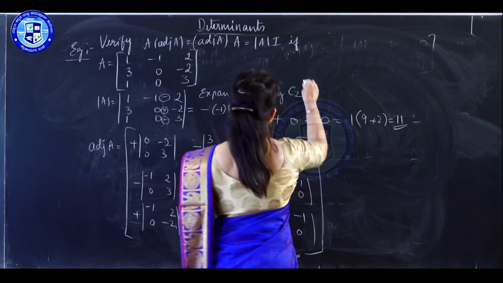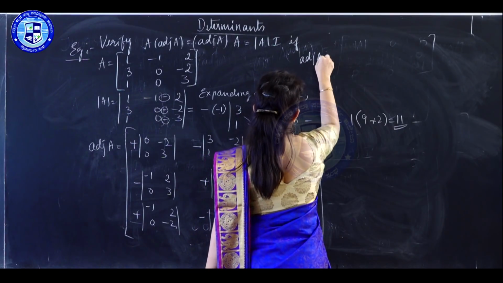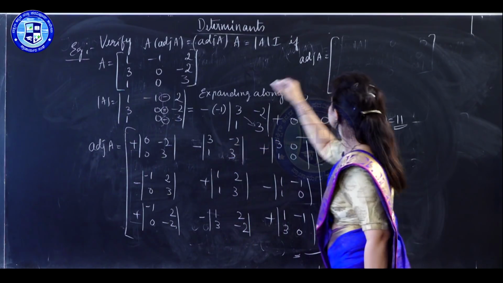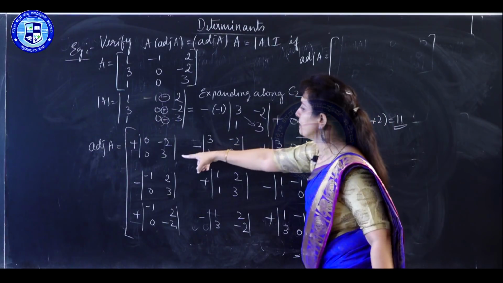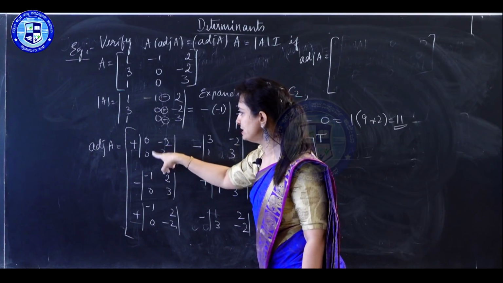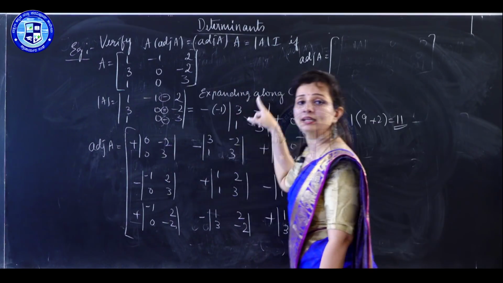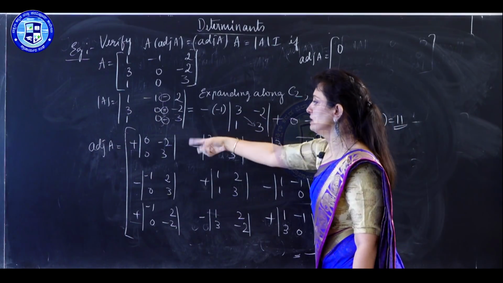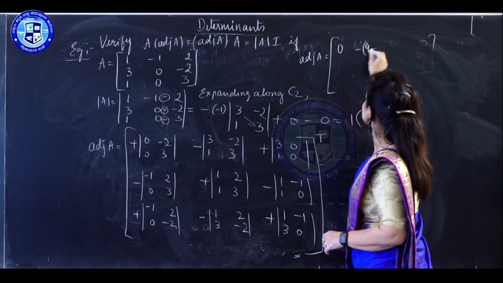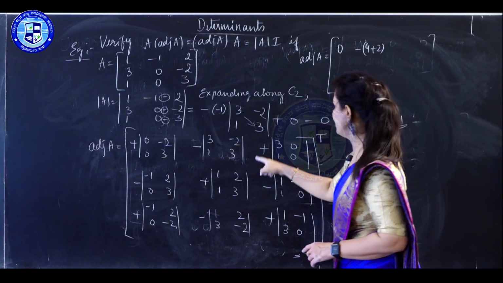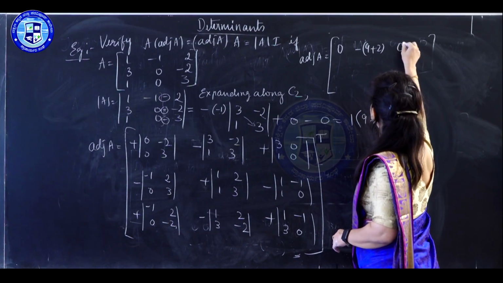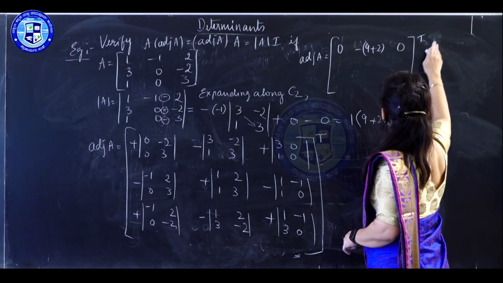So, what are the elements here? Adjoint A is equal to determinant here 0, it is the plus sign, need not write. When you expand the determinant, if every element in a row or column is 0, then the determinant value is 0. Cross multiply, you will get 0. Here this is minus of 3 3s are 9, minus 2 is plus 2. That is minus 11 we get here. And here in the second column, every element is 0, so its value is 0. We have to get the transpose of this.